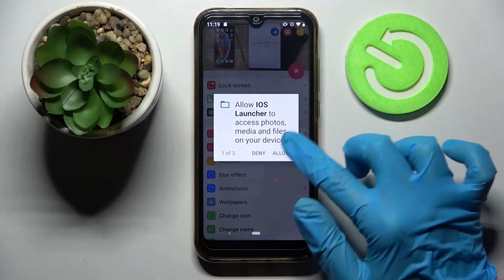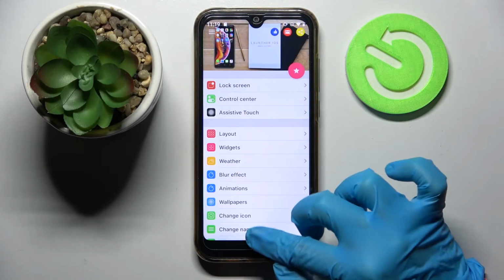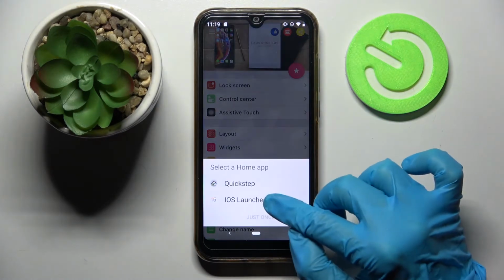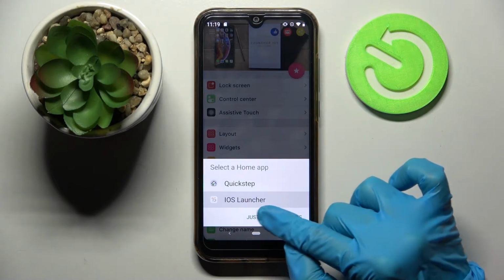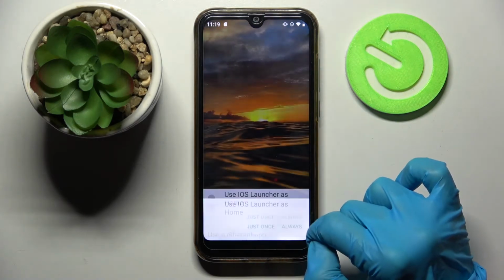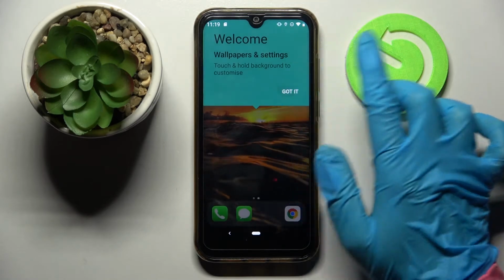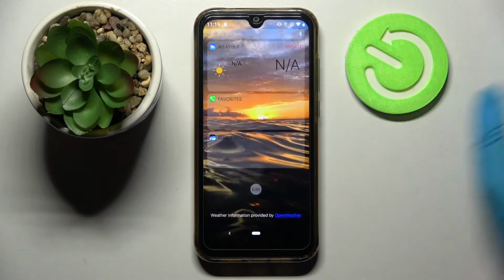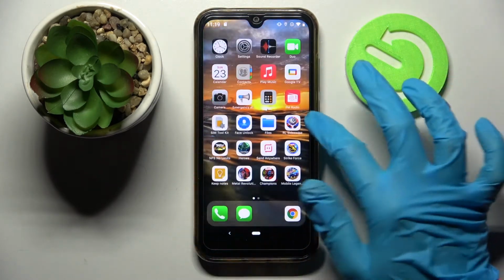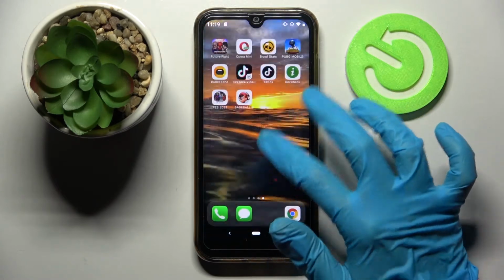Now you need to select Allow in the pop-ups and choose Home button. After that, click on iOS Launcher, select Always or Just Once, and click on Got it. As you can see, Apple Layout was applied successfully on my device, but you can always switch between them by